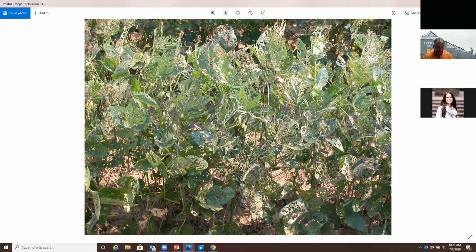That's, in my opinion, probably closer to 50, 60%. But certainly enough that would be expected to cause economic loss. That just didn't happen overnight, but it can happen pretty quickly. And that's when I mentioned stretching out some of your sampling intervals. Doing that at R4, R5, or R6 is not recommended because that's very often a critical time for insect management,